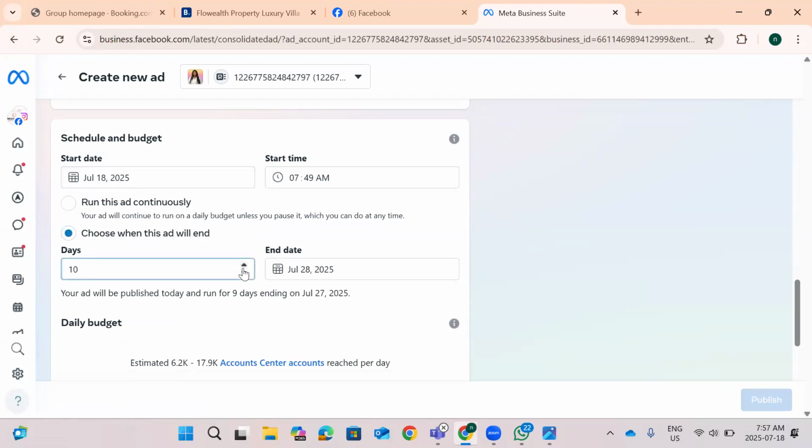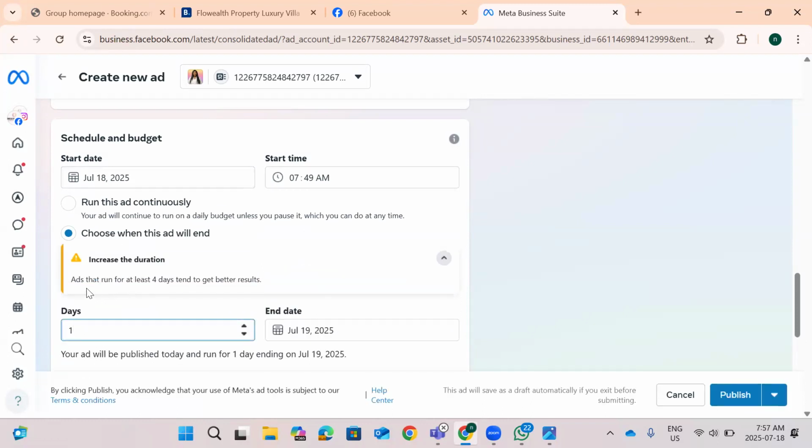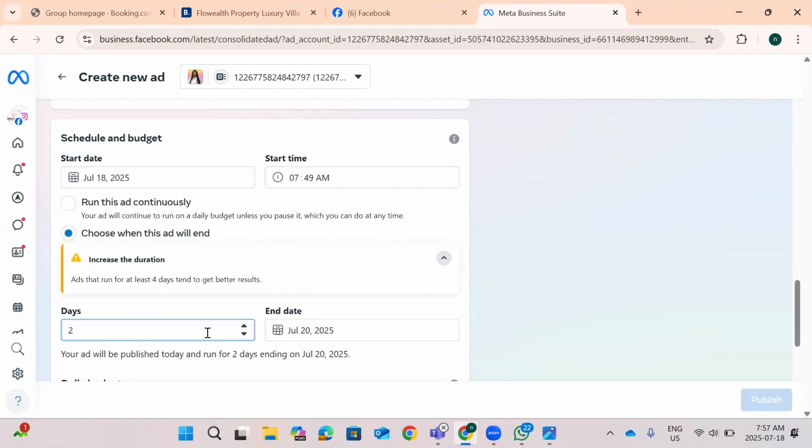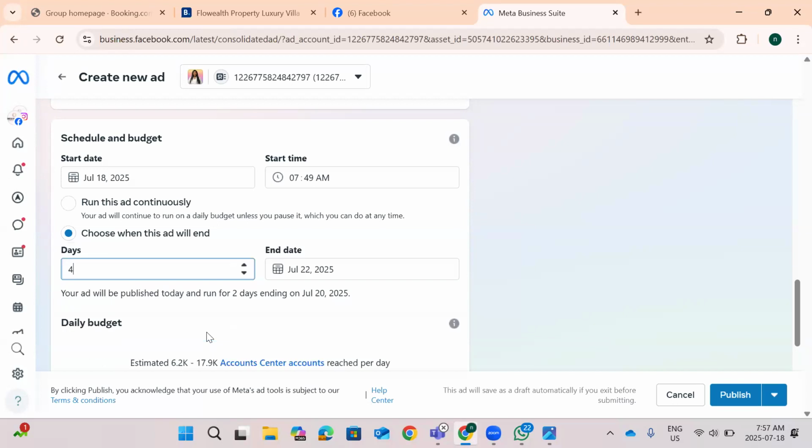Actually, let's do our ads to end in one day, so it ends every 24 hours. So let's say ads that run for at least 4 days tend to get better results. So one day, because actually no. So we'll get the ads to actually run for, maybe we'll get this set up every, let's say, every